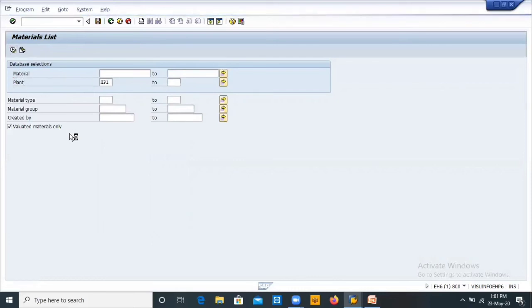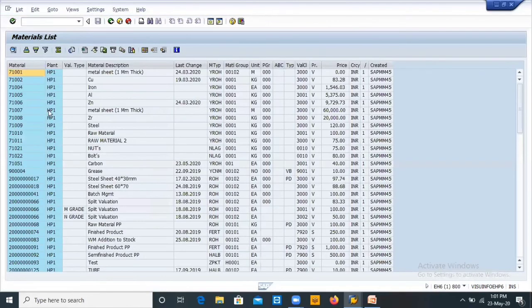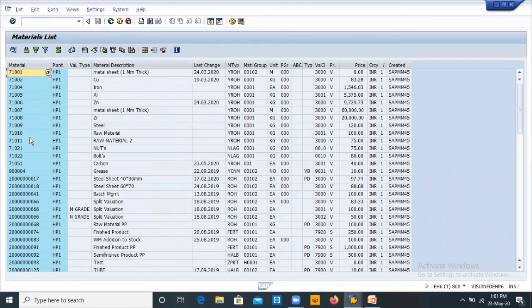That material list will come here. See, these are the material numbers. I just created 71051, which is our material. This shows material group, order unit, valuation class, all these things, and the user who created it.